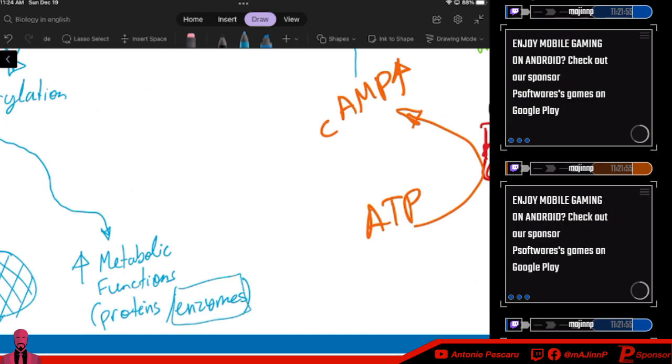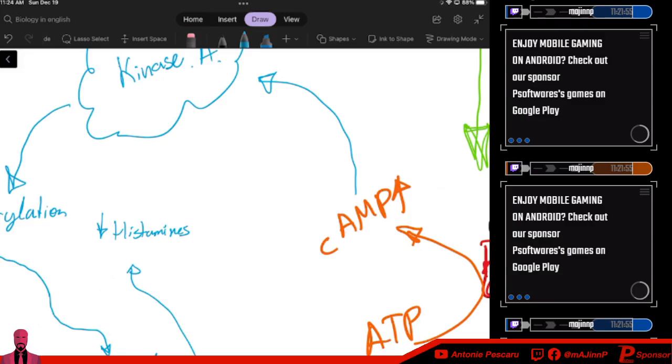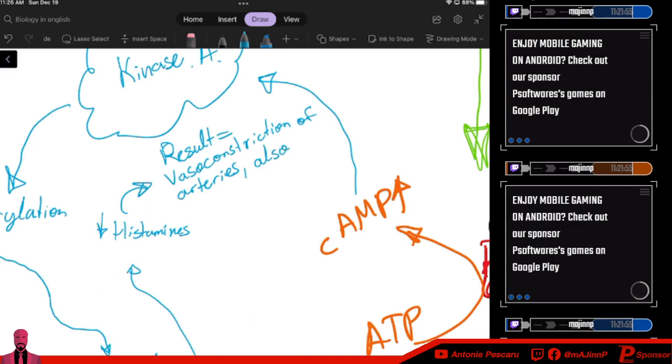And these enzymes, one of them, is the inhibition of something called histamines. I'll explain what histamines are in a bit. And these histamines are going to give the result of this equals vasoconstriction of arteries, but also